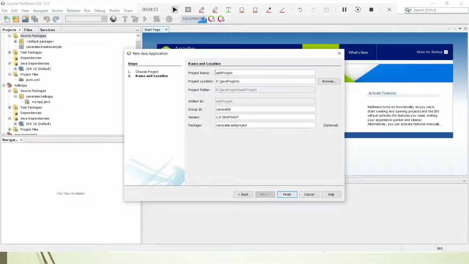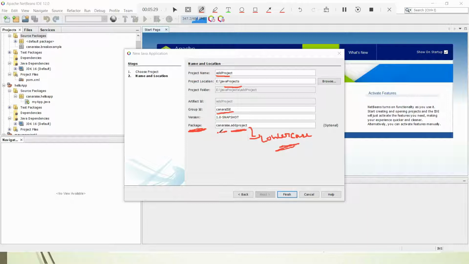It will also sometimes ask you where it is stored. Okay, project location. You can see here it is stored in eJava projects; all my files are stored there. Then it will also ask you for a group ID, so you can make one group ID. Then afterwards the package. Automatically, students, when you give the project location and your project name, your package name will be group ID dot your name. You can see the package name is in lowercase.